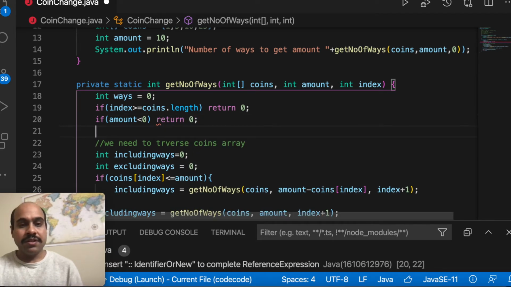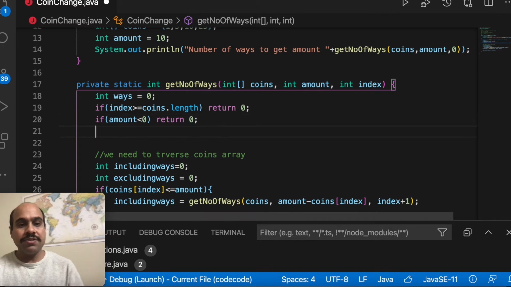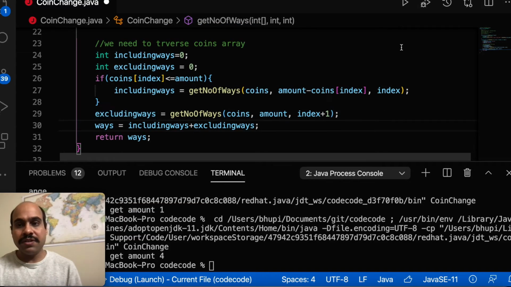What else? So we handle coins, we handle amounts, and what is the final solution? If our amount becomes 0, then this is our final solution. So we are trying to make 10, and we use 10 coins, and this function is running. So at the 10th coin your amount will be 0. It means you have already found the solution. If amount equals 0, you just return 1. So this is the final answer.